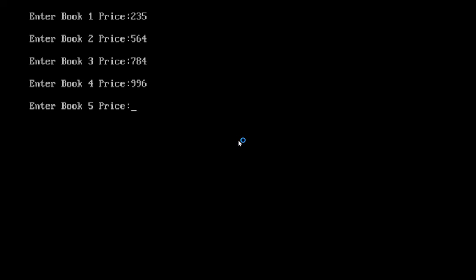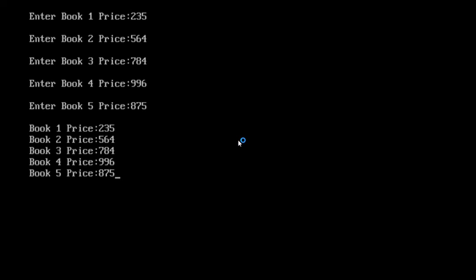Enter book 5 price, 875. Now, after reading the book 1 price up to book 5 price, it prints the 5 book prices as they are. This is the one-dimensional array program.